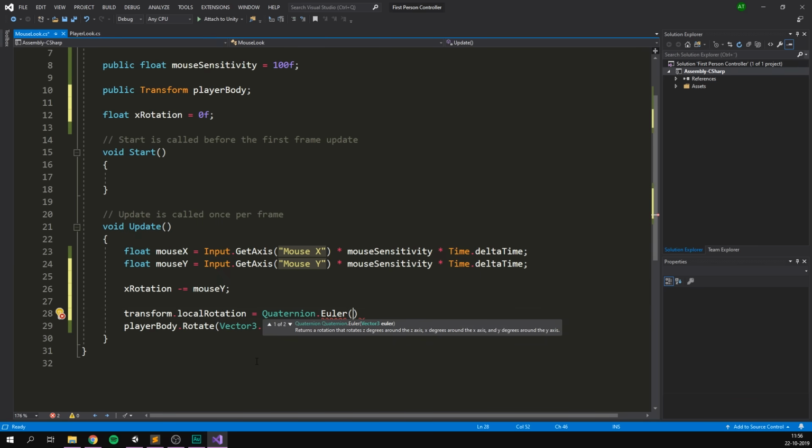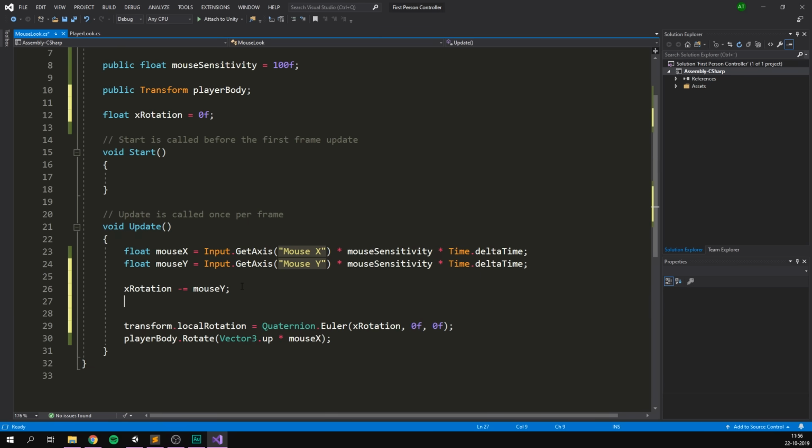And here we can simply give it an X, Y, and Z rotation. So in our case, we want to put in our xRotation for the X, 0 on the Y, and 0 on the Z. And there we go. And the reason why we're keeping track of our X rotation in this way, instead of just rotating it by calling .Rotate, is so that we can go ahead and add just one more step, and that is of course